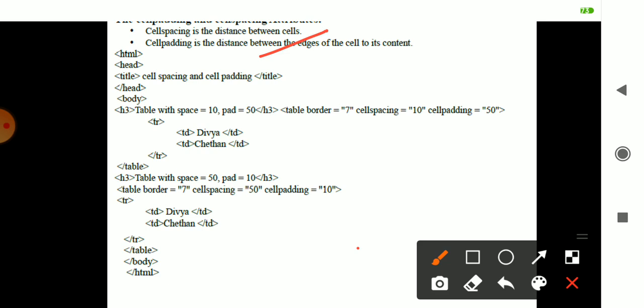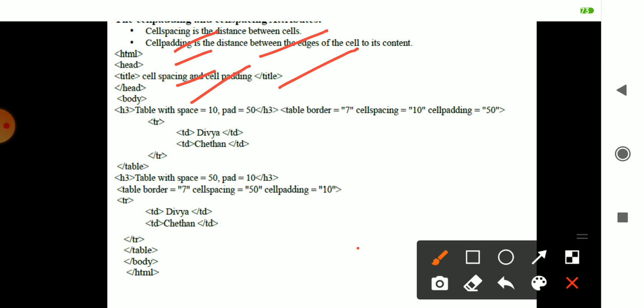Edges, meaning I want to adjust the edges, is done with the help of padding. So you have HTML, head, title close, where the title is cell spacing and cell padding, head close, body open. In the header you have the table with spacing 10.